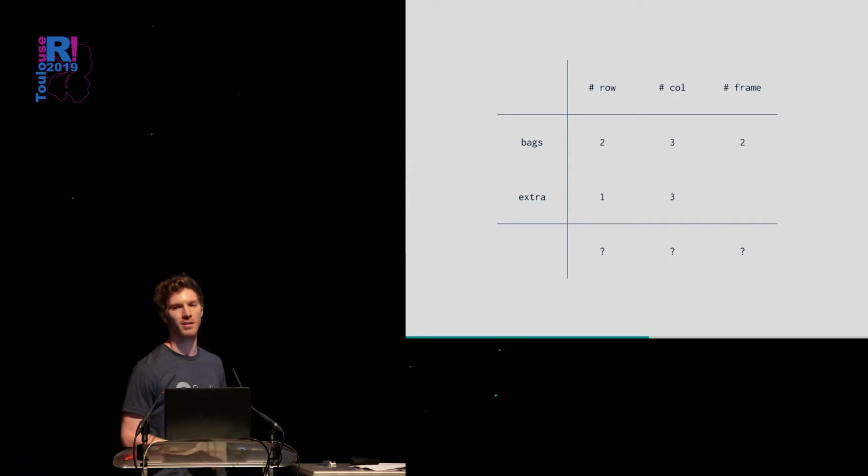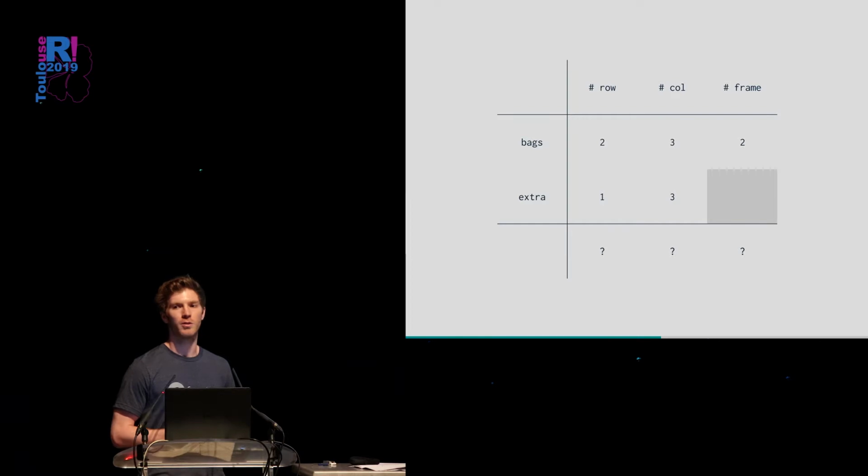When I explain broadcasting to people, I like to use this kind of table. On the left-hand side are our objects, bags and extra. On the top are the dimensions: number of rows, number of columns, and, for lack of a better term for the third dimension, I've called it number of frames. In the actual elements are the dimensions there, so bags is 2x3x2, extra is 1x3. What you'll immediately notice is that we have this gap here